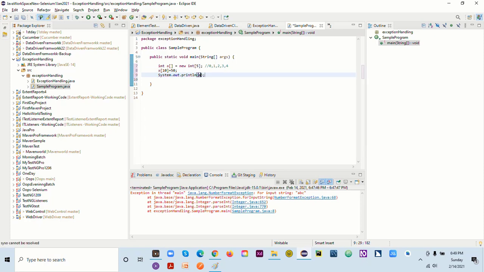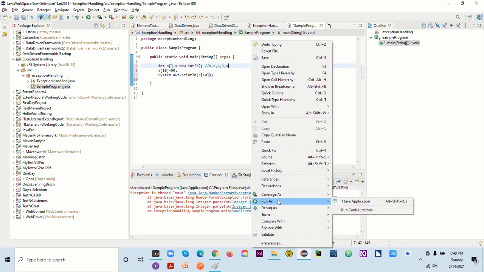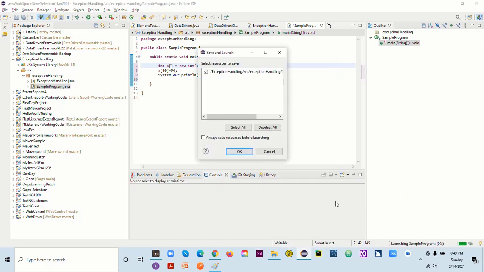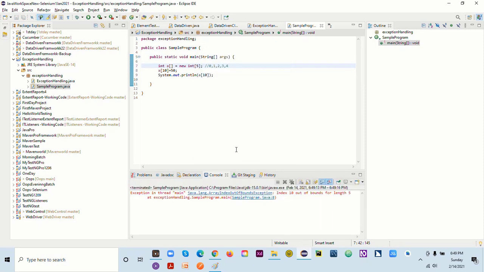And if I say a[10], okay, and if I run this, it will give you an error or exception, which is ArrayIndexOutOfBoundsException here.